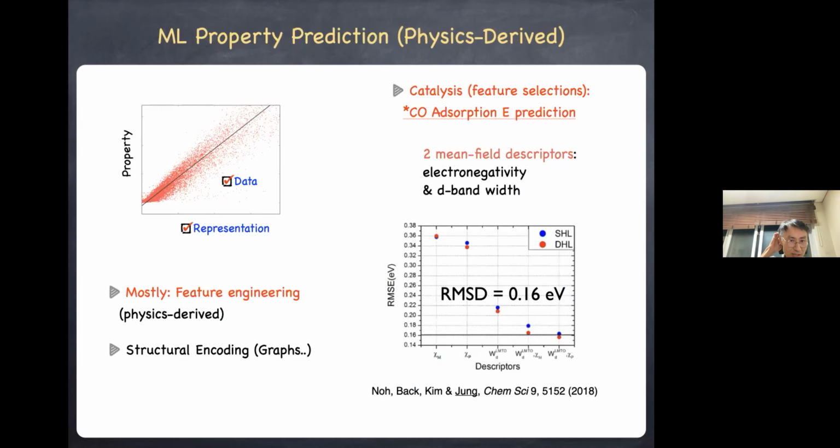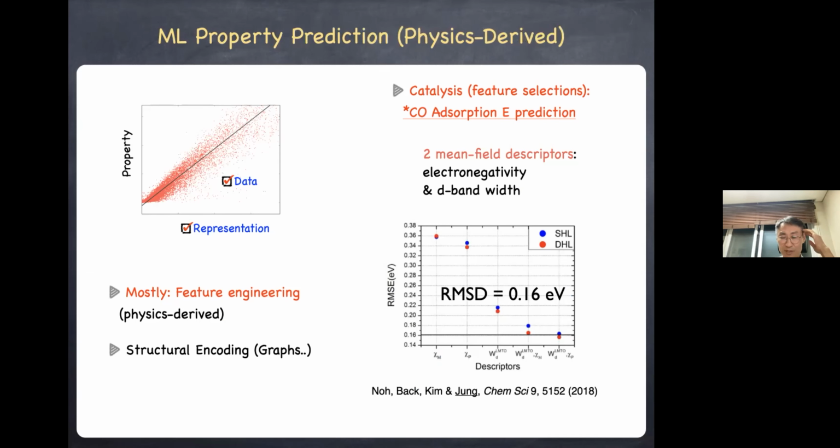Like I said, once you have the data and representation, then you can perform simple regressions and make a property prediction model. So far, these prediction models are mainly based on feature engineering. In other words, you basically come up with features that would represent the physics of the property that you are interested in.